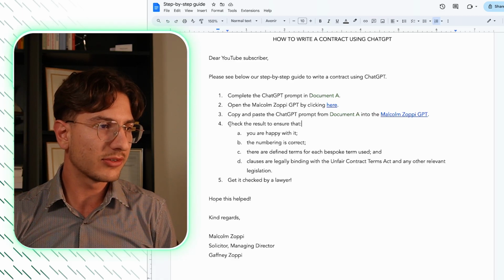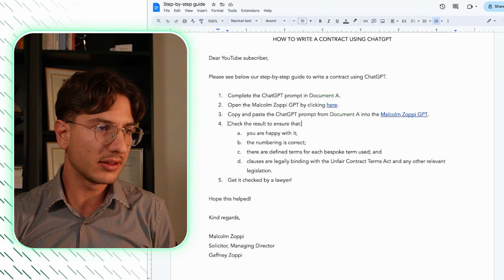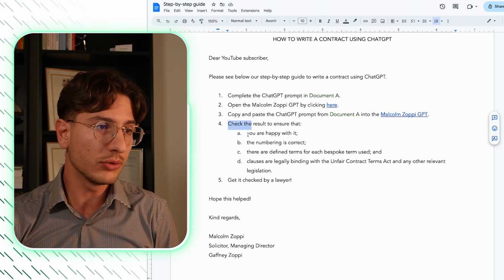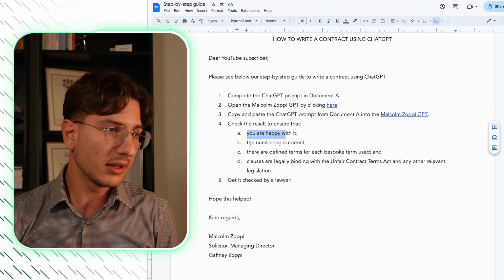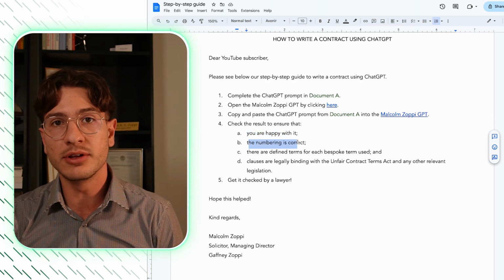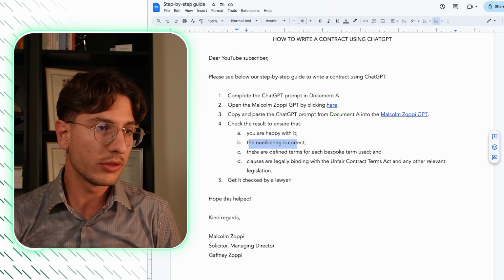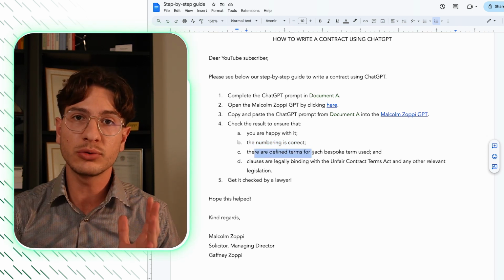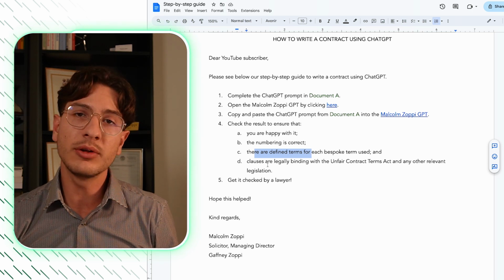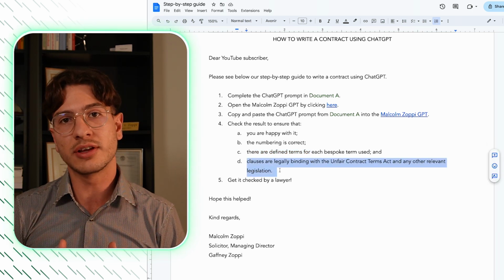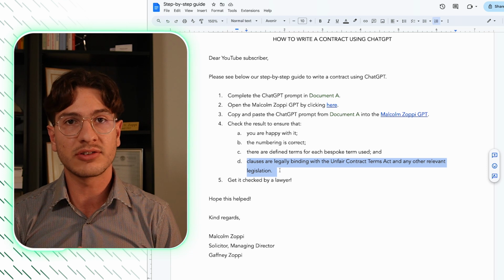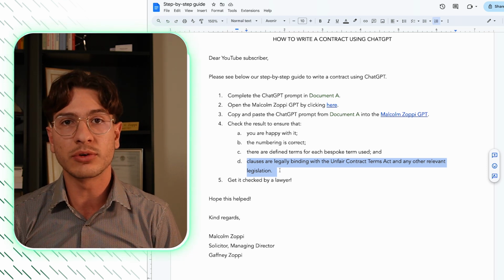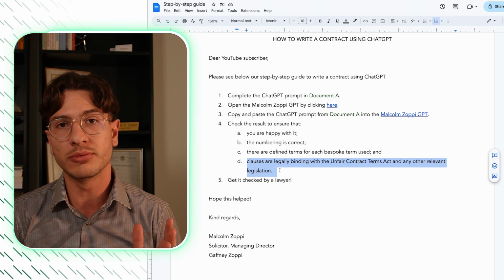Great, so let's move on with step number 4, which is to check that the result, number 1, is suitable to your requirements. So are you happy with it? Then secondly, you might want to check that the numbering that has been used in the contract is correct, whether any defined terms have been used, and whether those definitions are suitable to you. And lastly, very importantly, you want to make sure that the contract that has been drafted is actually legally binding under UK law. So some of the things that you might want to consider are the Unfair Contract Terms Act,